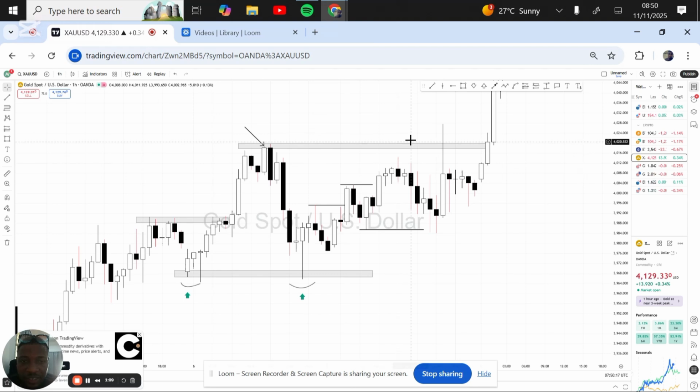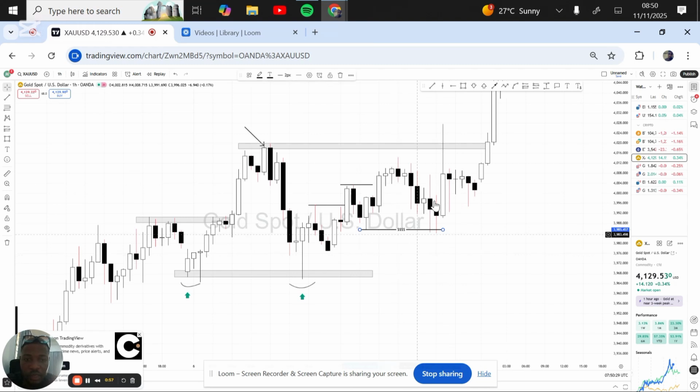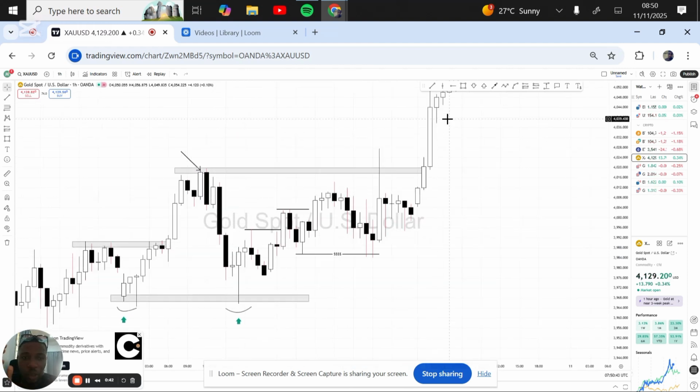After this higher high was made, price came down, sweeping this higher low here. You see, it swept the higher low, like a liquidity sweep taken. That tells me that for the price to sweep this low, there's a tendency for buys to continue and break above this high. Unfortunately, after price pushed up, it rejected. But I'm still looking for buys until price breaks this low of the internal structure.